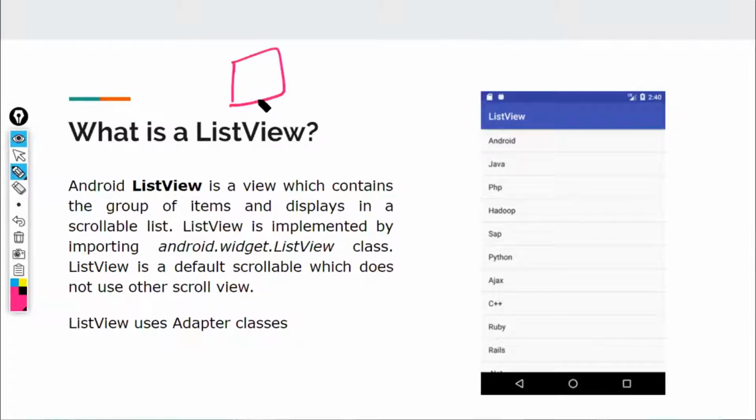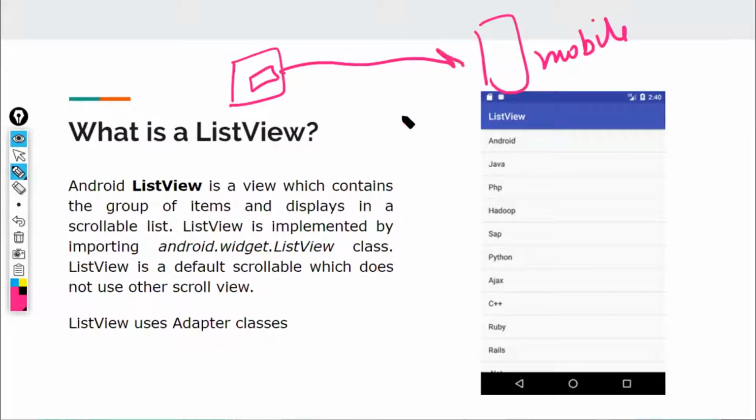So let's say I'm having a mobile phone. If I want to charge this, I'll connect it with a charging adapter. That's it. That's what the adapter classes will be doing for you. Consider this mobile as your list view, which is nothing but a widget like text view or edit text or anything else.